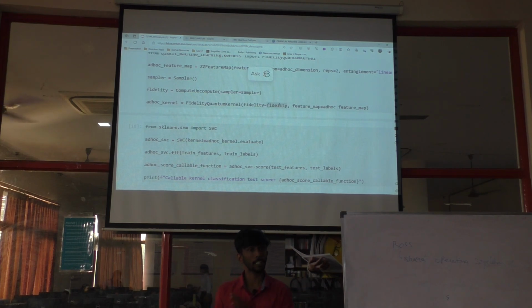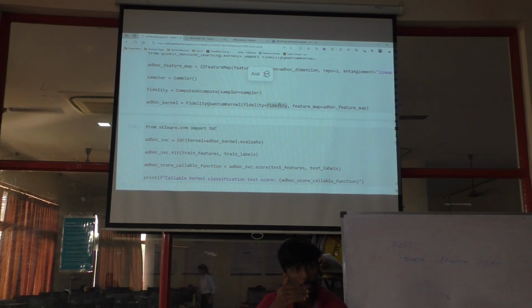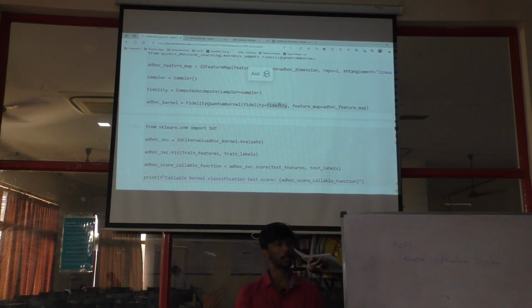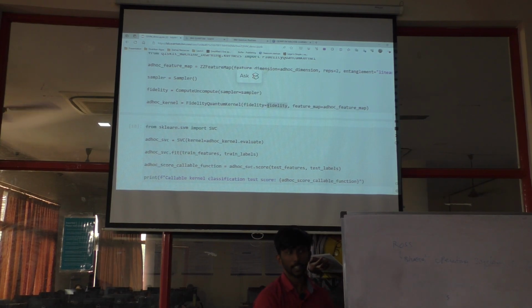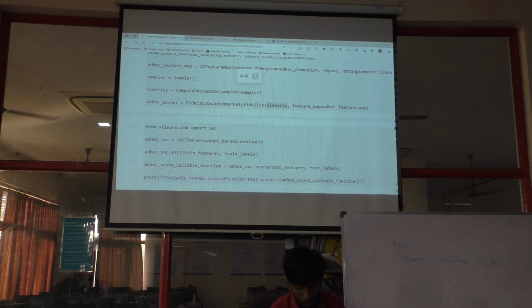The rest is simple and straightforward. You first translate to a quantum feature map, and then you make a quantum kernel. So this is the quantum kernel that we have made using a fidelity quantum kernel. There are other types of quantum kernel available, but we mostly use fidelity. And as you can see here, this is just defining which type of mathematics you use, like linear or quadratic, in terms of classical machine learning.